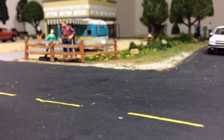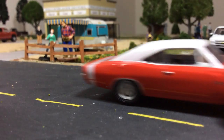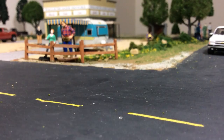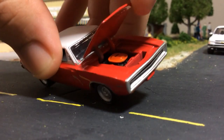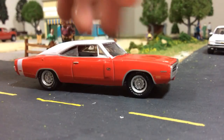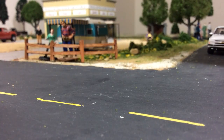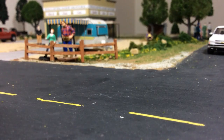The hood has the pins on it. The engine isn't the most detailed. Well, the hood doesn't stay open, but it's not the most detailed engine anyway. But a very sharp car. All right, so that leaves us with three more. So in no particular order,